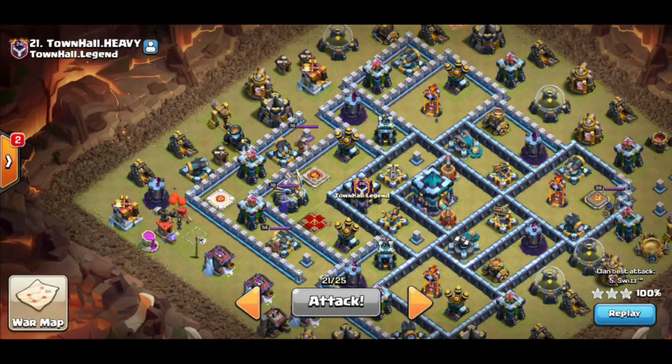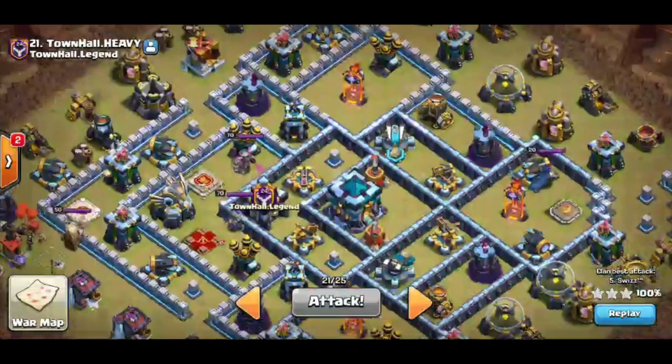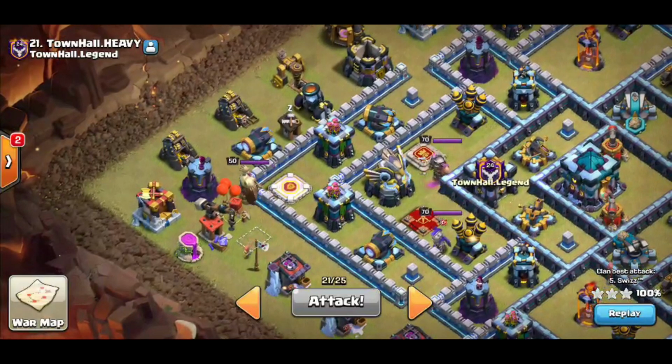Hybrid is a little bit different, because in my hybrid video I kind of described that miners and hogs don't approach spring traps the same way, but that's going to be what we're using for this base. So how are we going to deal with the compartment we want the queen to charge into? Well, with bases like this,